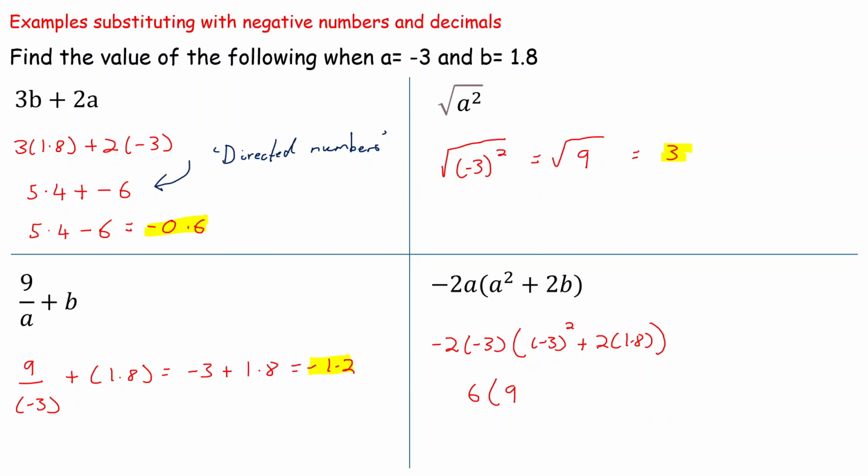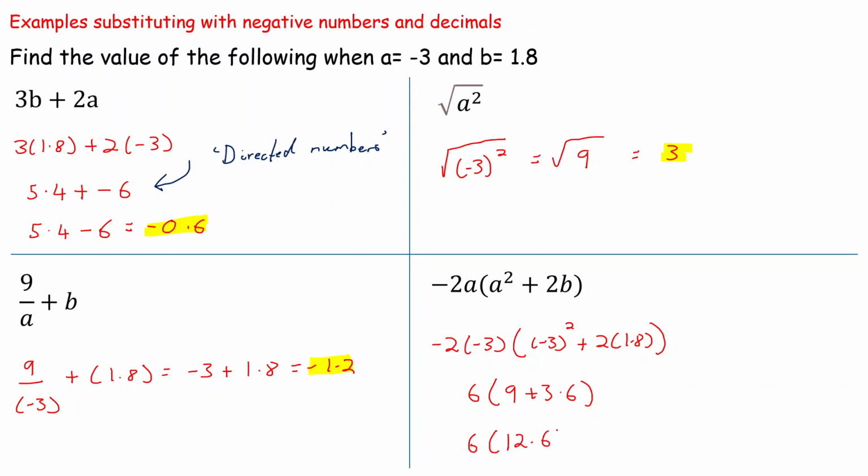I've then got plus 2 times by 1.8. 2 times 1.8 is equal to 3.6, so plus 3.6, close bracket. And then we go and look at the bracket first. It's now BIDMAS. Well, it's been BIDMAS the whole time. Okay, I did the indices part first, or looking at the brackets first. So I've got 6 times by bracket 9 and 3.6 is equal to